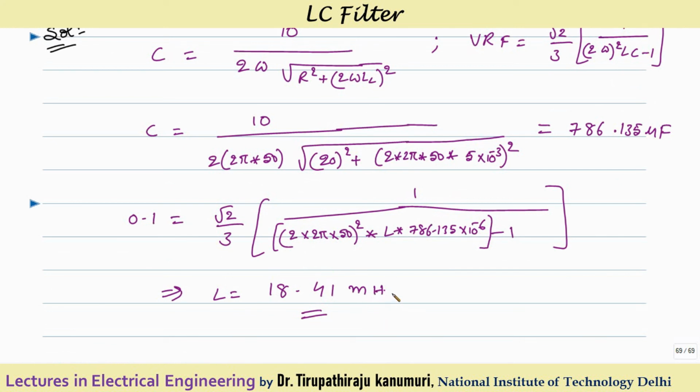So in this way we have to design the circuit. So first we have to see what is my value of the load impedance. For the corresponding value of the load impedance, calculate the optimal value of the C. Once the C is obtained, depending on how much value of the ripple component is allowed, that means how much voltage ripple factor is allowed, accordingly we will calculate the value of L. So with this I am completing the filter circuits as well as the converters.